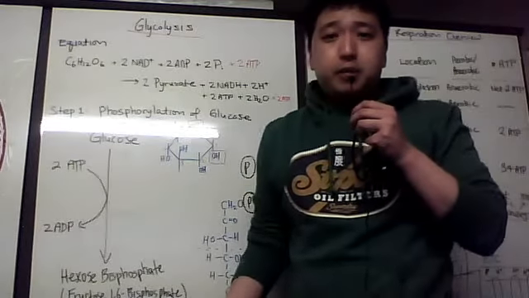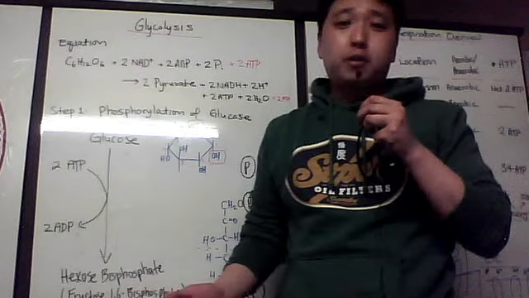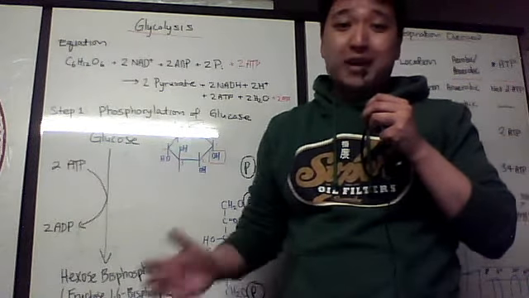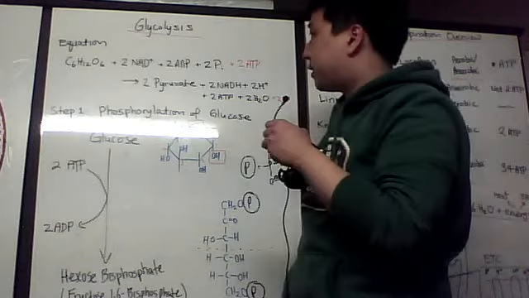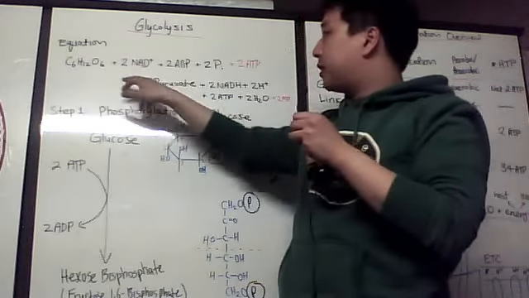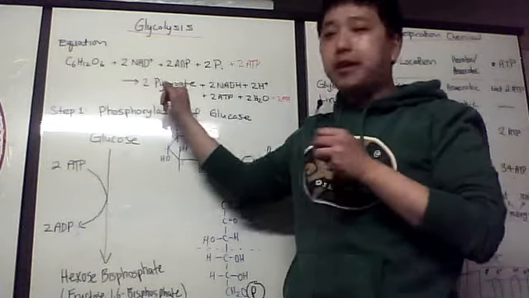Glycolysis literally means breaking of glucose. This makes sense because a 6-carbon glucose molecule is oxidized to break in half to form two 3-carbon pyruvates. And to explain this in terms of the overall equation, you have C6H12O6 that becomes two pyruvates, and pyruvates contain 3